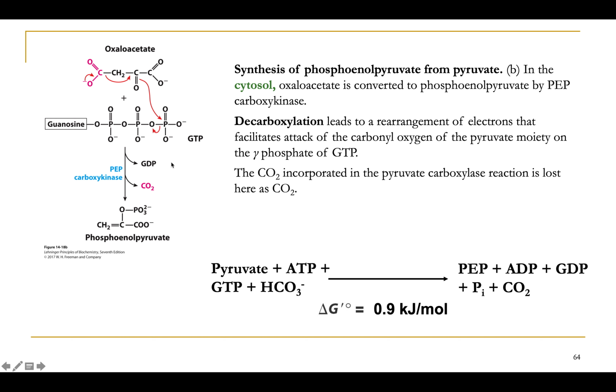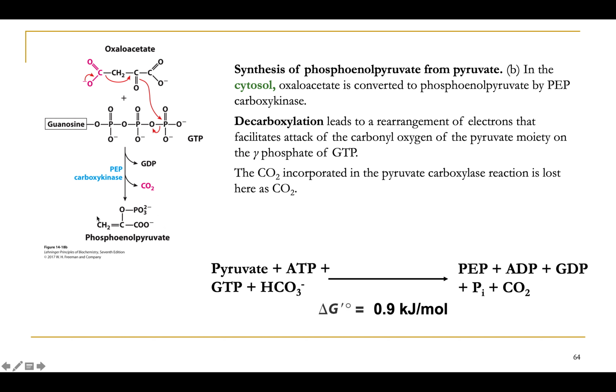So one could note that these two reactions, the production of oxaloacetate by loading a carboxy group, and next the production of phosphoenol pyruvate by unloading a carboxy group, it is the same carboxy group loaded and unloaded. So the question is why it is needed, and the reason is that there is a huge free